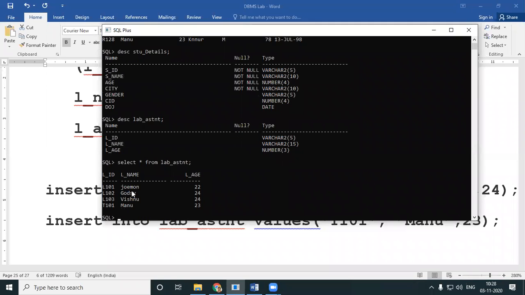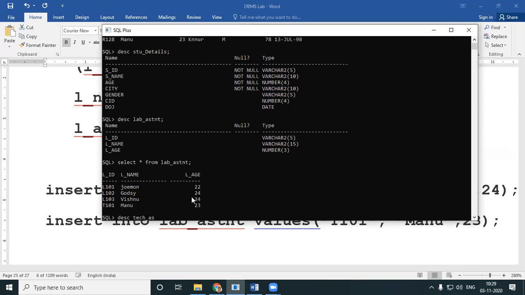I've inserted table values: Jomon, Godfrey, Vishnu, Manu. I do even have LID and LAGE. Now, just as I created an extra table called lab assistant, I even created one more table called tech assistant.